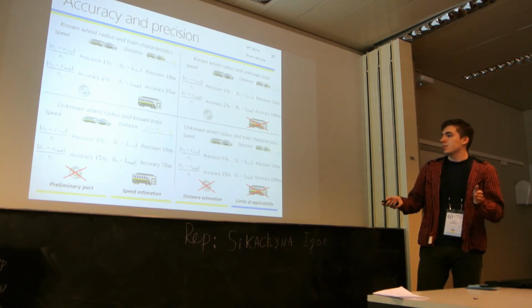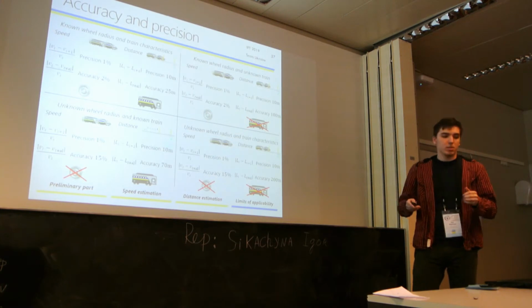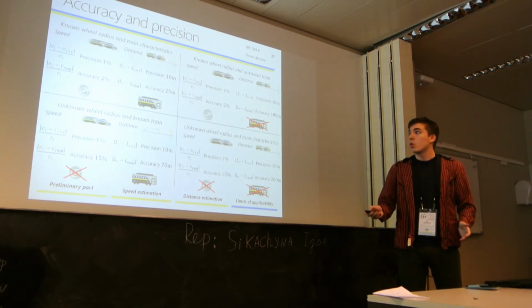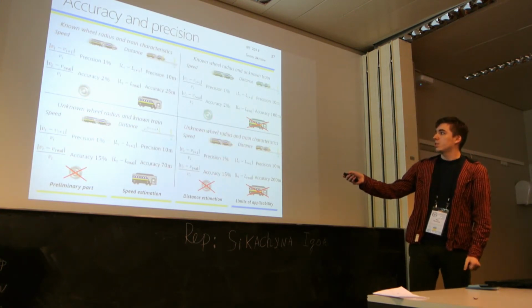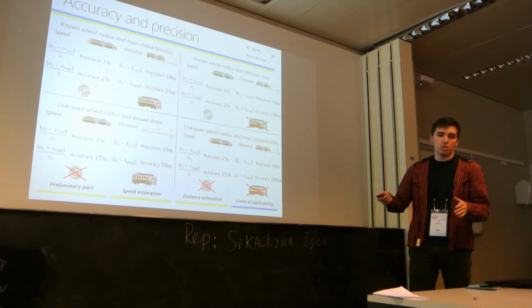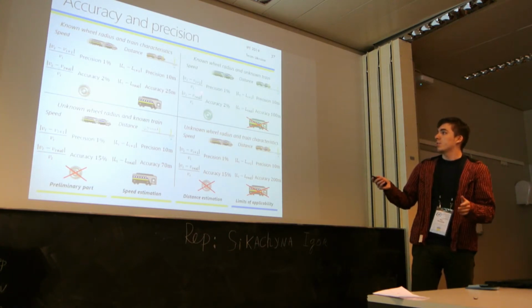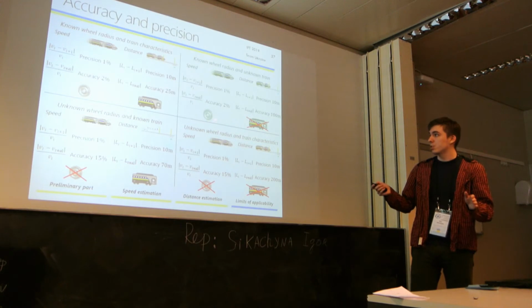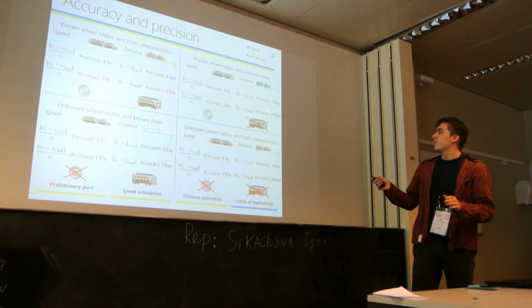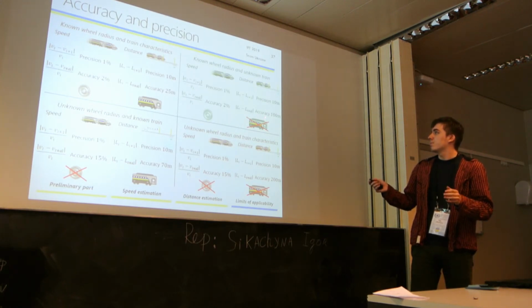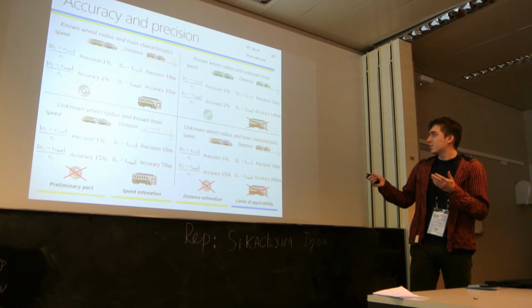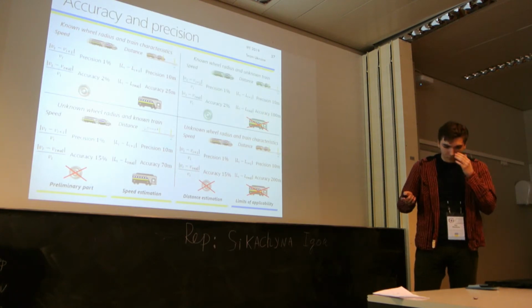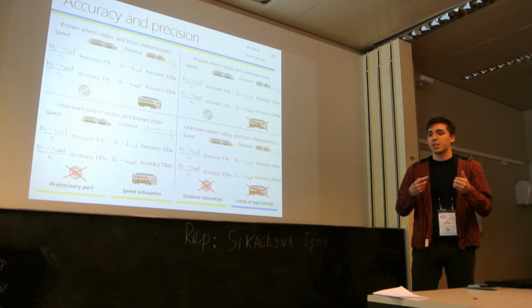And other cases also apply, but most commonly we know the wheel radius and we don't know the amplitude characteristic of the train, thus we can with great accuracy estimate the speed of the train, which is good, but with less accuracy we can estimate the distance to the train due to the fact that trains may have different amplitude